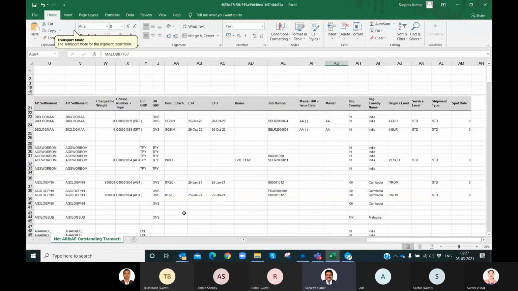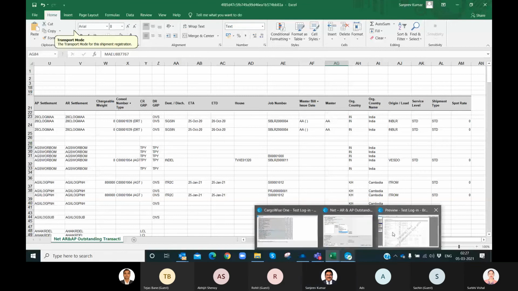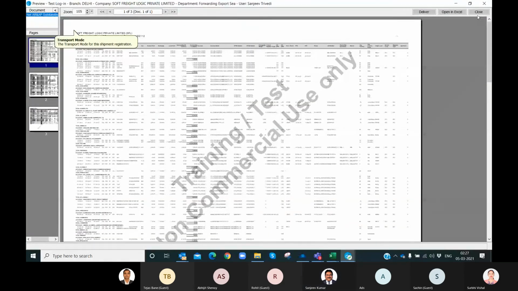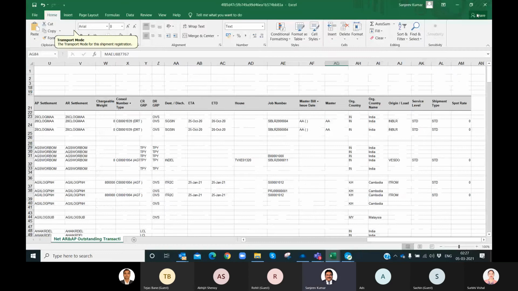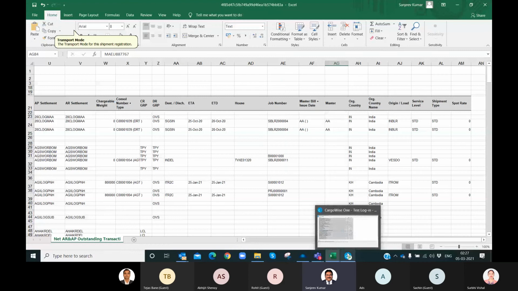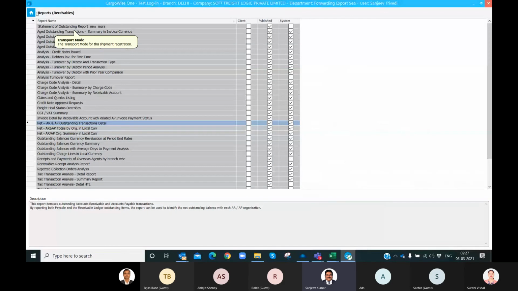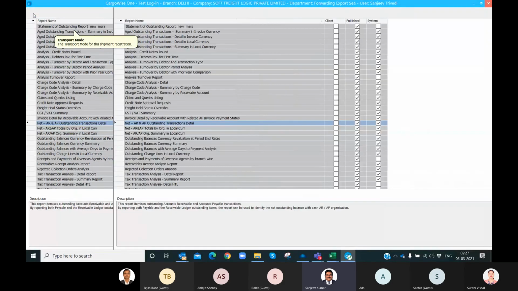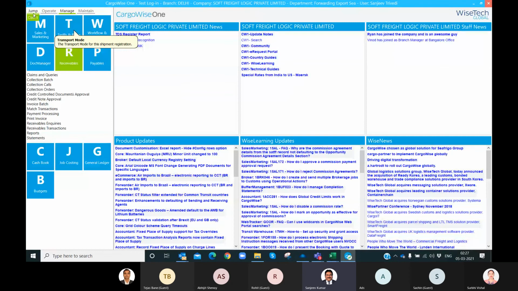One more thing, what goes out to an agent? Does the invoice go out to the agent, or is there some other document that goes out? So what is sent across to the agent? It totally depends. We can actually create a docpack inside CargoWise.